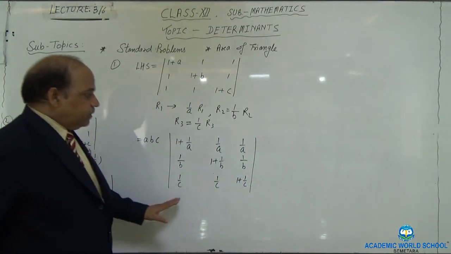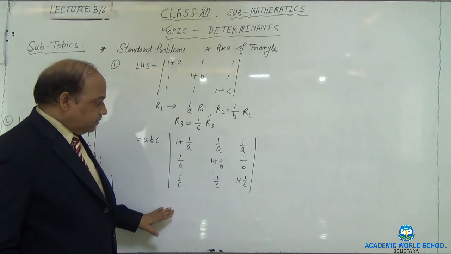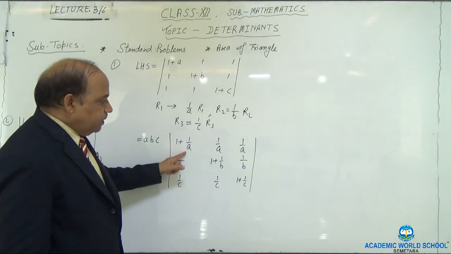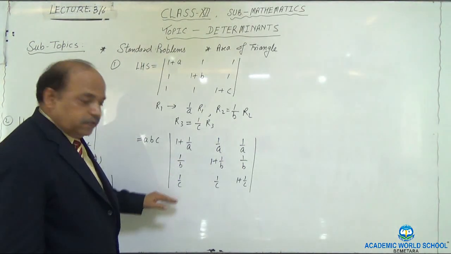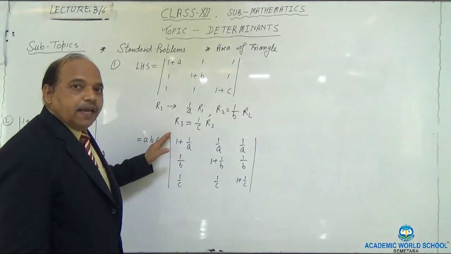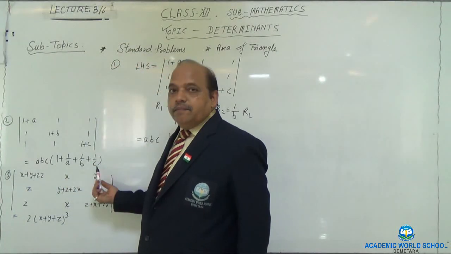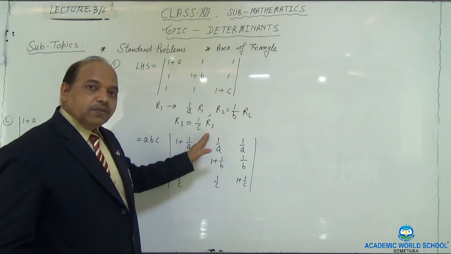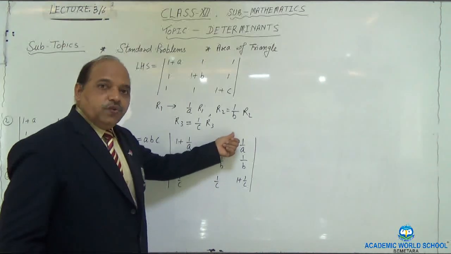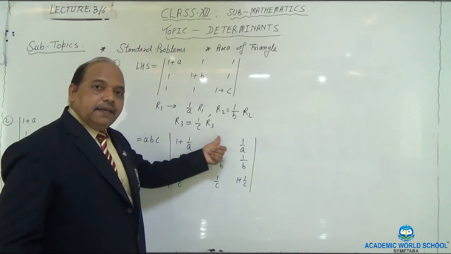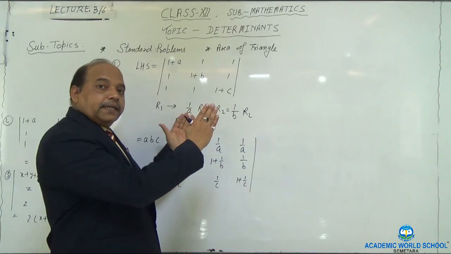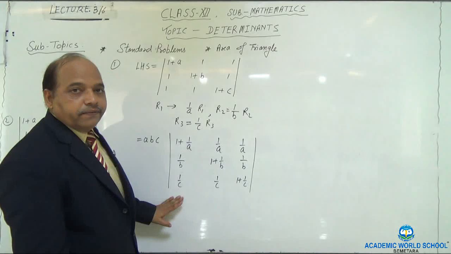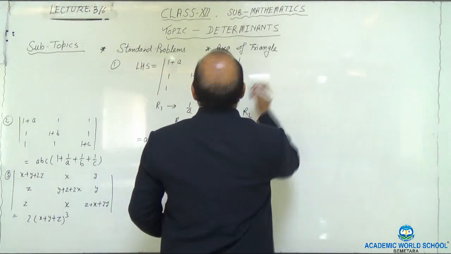Now, look at this very carefully, what we are going to do in the next step. You can see that 1 plus 1 upon A, 1 upon B, 1 upon C, if I add all this, what will happen? You will get this bracket term. Similarly, if you add all these three, you will get the same thing as in the earlier cases. And then you can take that part common and look at how to proceed. So what I am doing after this is making a very small change.